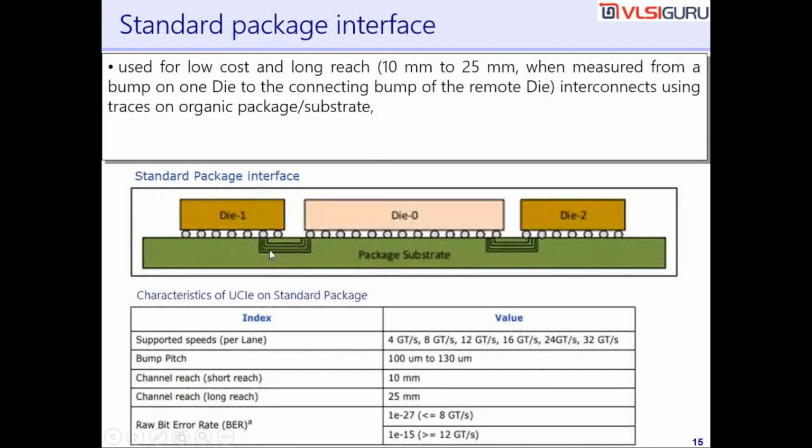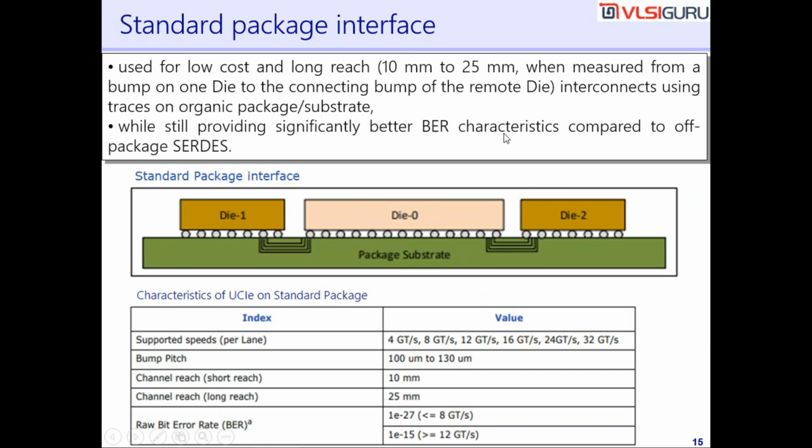Okay, let's now talk about the standard packaging option. This is used for low cost, long reach, that is 10 millimeters to 25 millimeters. That means the distance can be up to 10 to 25 millimeters when measured from a bump on one die to the connecting bump on the remote die. This is one die, this is the remote die, so this bump can be anywhere from 10 to 25 millimeters. That is a long gap, right? It's like we are talking about 2.5 centimeters, using traces on the organic package or substrate,